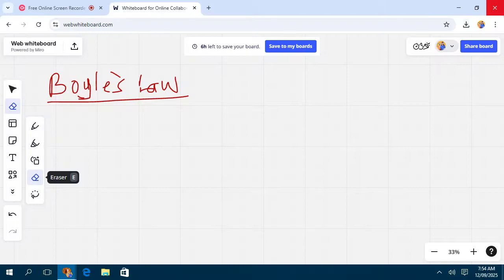So today learners, we are going to learn about Boyle's law. Boyle's law relates pressure and volume in such a way that pressure is inversely proportional to volume at a constant temperature. And remember, when we say something is inversely proportional, we can express, for example, for Boyle's law as P